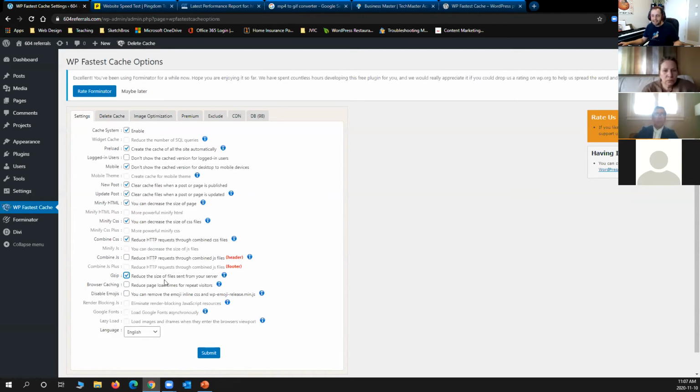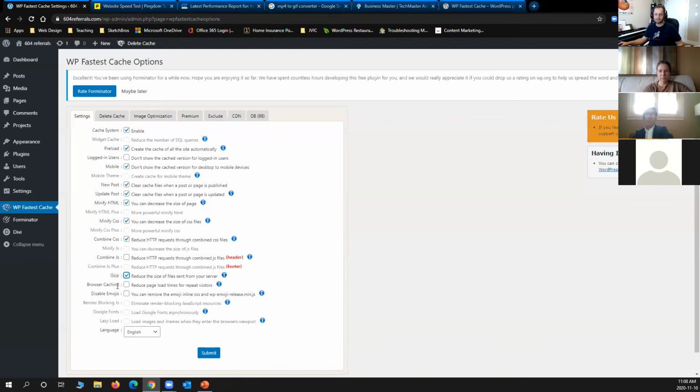What it is saying is that if I activate this, this plugin will compress my files as well. But like I said, first of all, gzip needs to be activated on your server. So there are a few things you can do. When I'm done with this, I will show you how to check if it is enabled or not. You can actually check it. But that's the meaning of gzip. It's always a good idea to leave it on, absolutely.